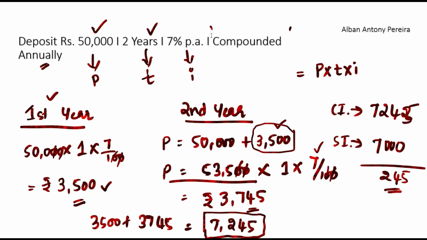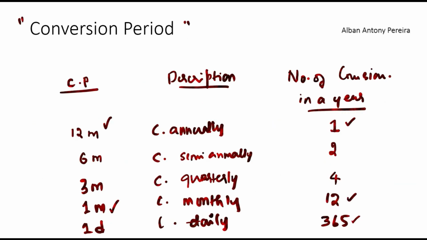So instead of that, you can calculate compound interest with a very easy, well formulated, well organized formula. But one trick is, without knowing this conversion periods table, you will go wrong with the computation. That's why I have mentioned the details relating to conversion period. Please note this.